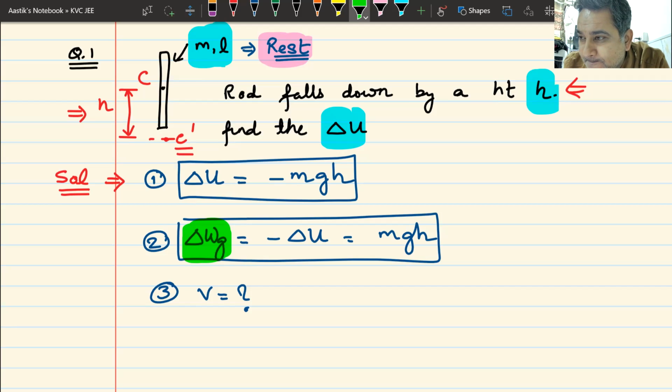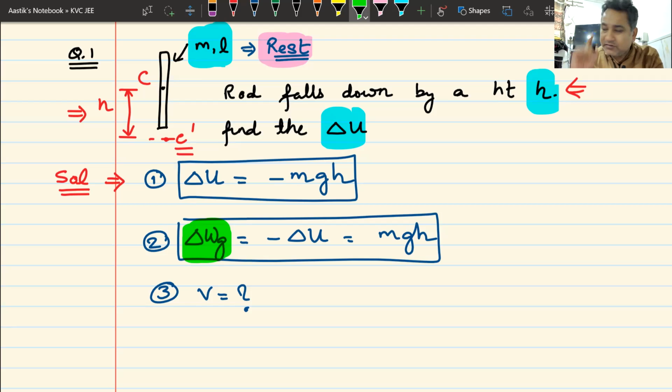I'm not worried about the answer. Answers are useless to me. To get a correct answer is useless. Answer you will get at some point in time. You will get to apply the concept correctly. That is the main concern. I hope you understand it better. Your answer is correct, root over 2gh. Your process is also correct.